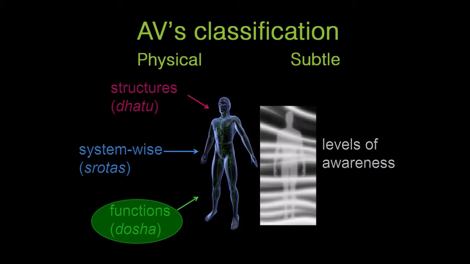So Ayurveda classifies the human system into two, physical and subtle. And in the physical classification, there are three different classifications that Ayurveda talks about. One is structure based. This is in Sanskrit, it's called Dhatu. And this is called Srotas. It is a system-wise classification, not the kind of system-wise classification that modern medicine talks about. Still, it's a system-wise classification. And then we have the